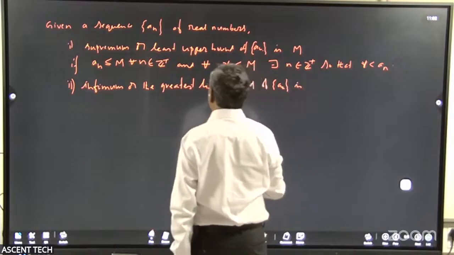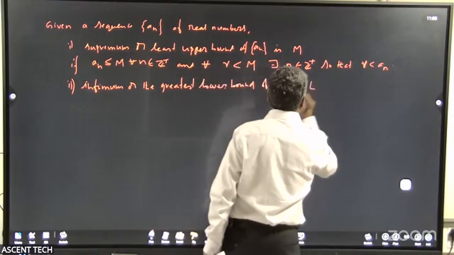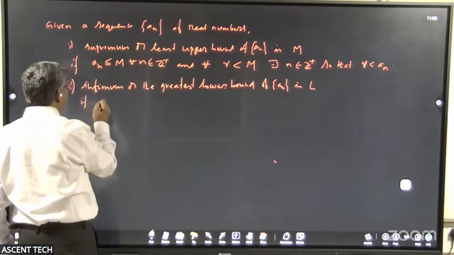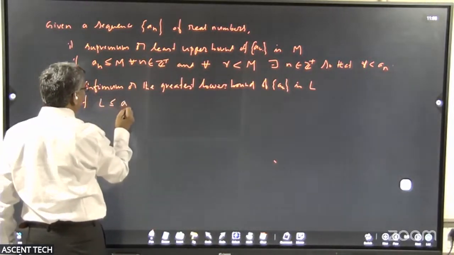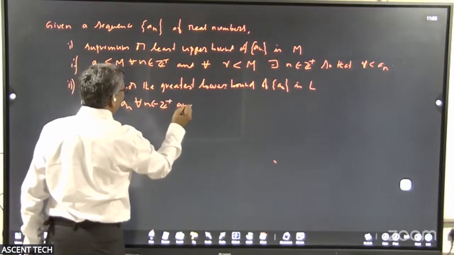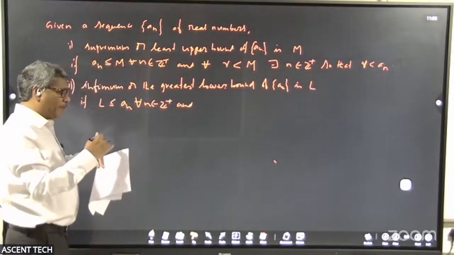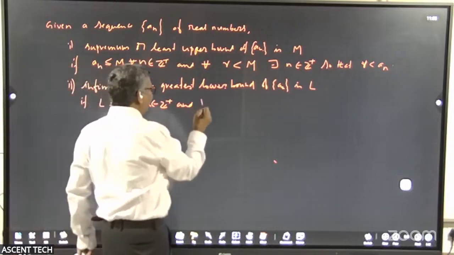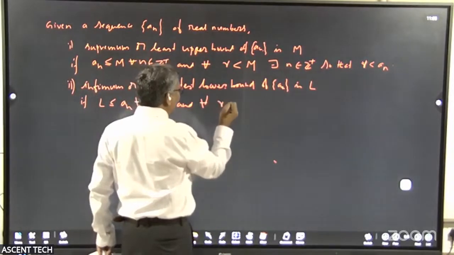I have to give you some other name. L is less than or equal to A_n for all n in Z plus, and why is it the greatest lower bound? If I go bigger than that, some of the A_n will come down. And every r